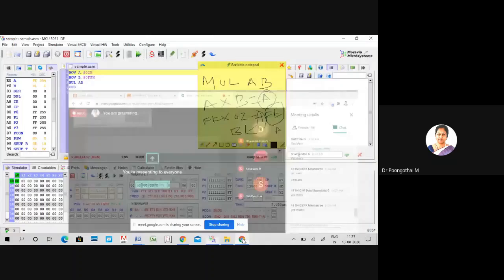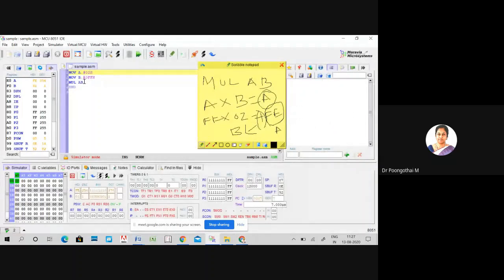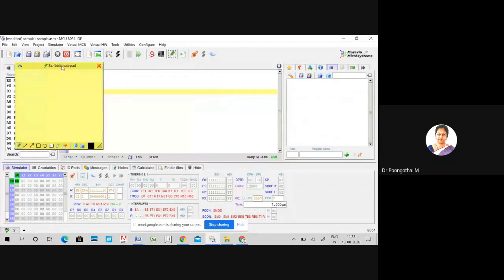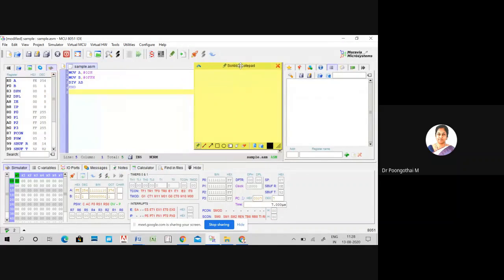Okay. So let's move on to the next instruction, the division instruction. DIV AB. This instruction only works with the accumulator and B register. I'm considering the same inputs.